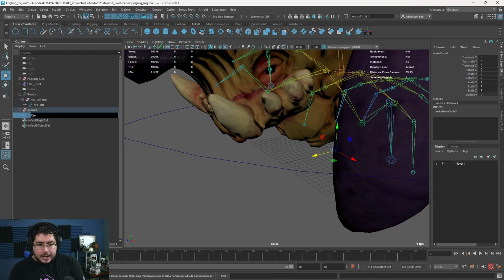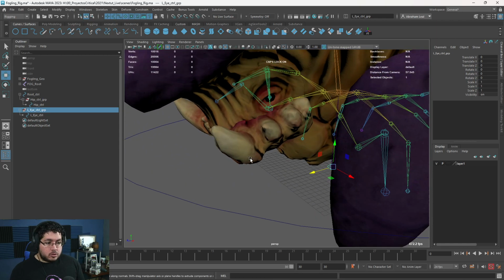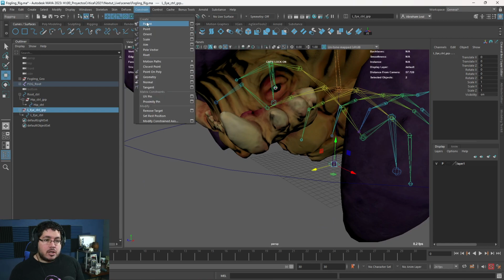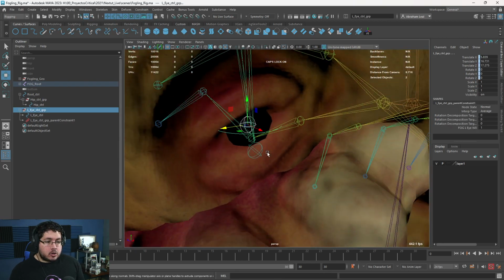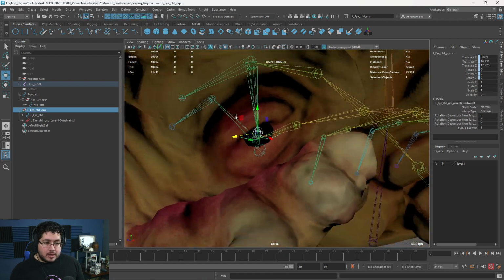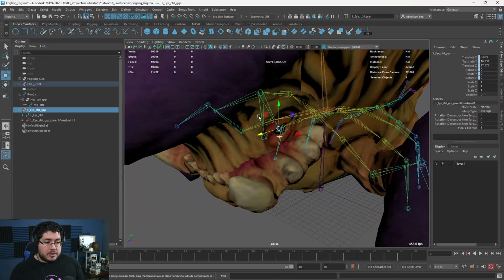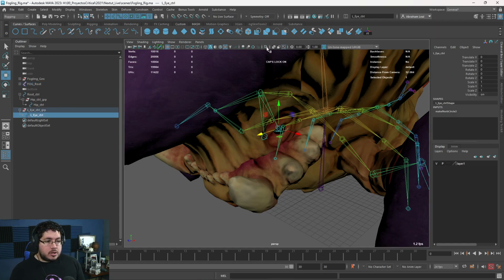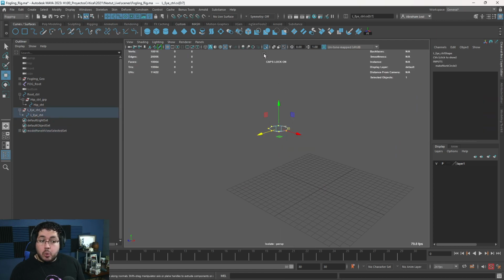We call this eye_control. And this is going to be eye_control_group. In this case, of course, this is going to be left eye_control. And this is going to be left eye_control_group. We select the eye joint, we select the group, and we do a constraint, parent constraint. As you can see, the controller has jumped all the way to that section right there. And once that controller is there, we can delete the constraint. We don't need it anymore. And we can position this curve in a place that's a little bit easier with the control vertices.